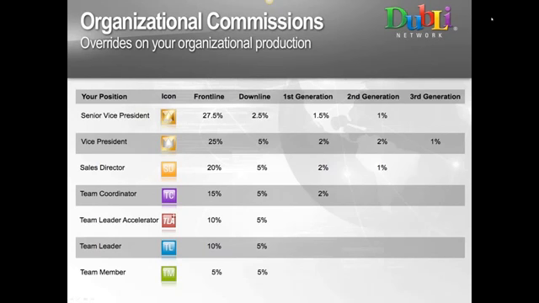Now, also keep in mind this. Dubly's compensation plan promotes you and pays you on the fly. And by that I mean this. If you came in as a team leader, let's say you selected the TLA package, and let's say 4 days later you enrolled 3 people who selected the TLA package.